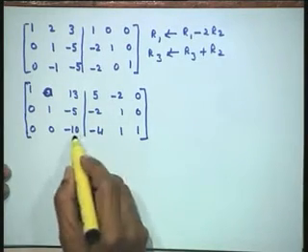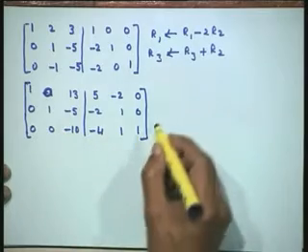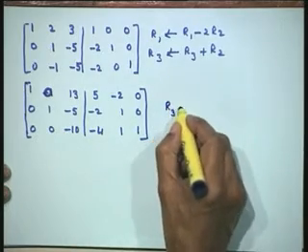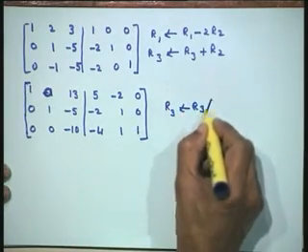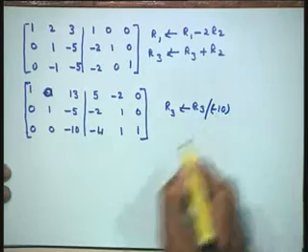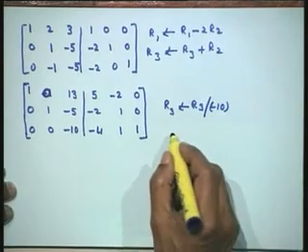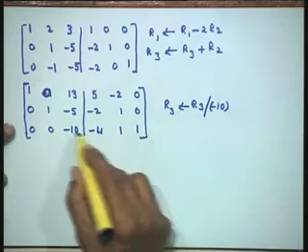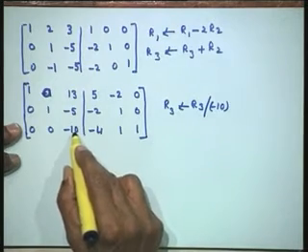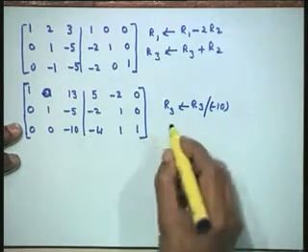Now, before we proceed, I can make this element as 1. So, let us make this element as 1, row 3 is equal to row 3 divided by minus 10. Let us work backwards. Once we do this by dividing by 10 we have 1. So, let us write down what will be the next steps.